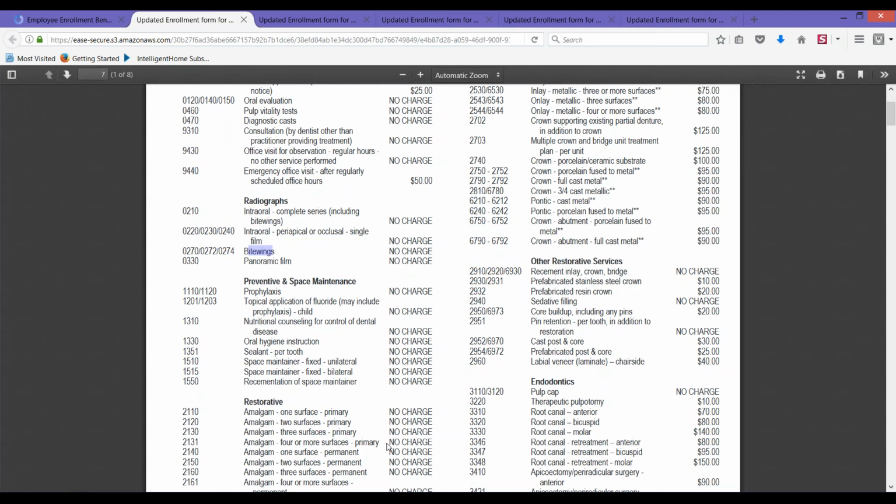The one thing to keep in mind, though, is this may be, and typically they are, for silver fillings. You may decide that you want something that's porcelain, something that's white. Nobody likes silver anymore. They're going to charge you an upgraded cost probably to go with that filling. They may need to do something that's gold. All of those things may be a little bit different than what you see here.